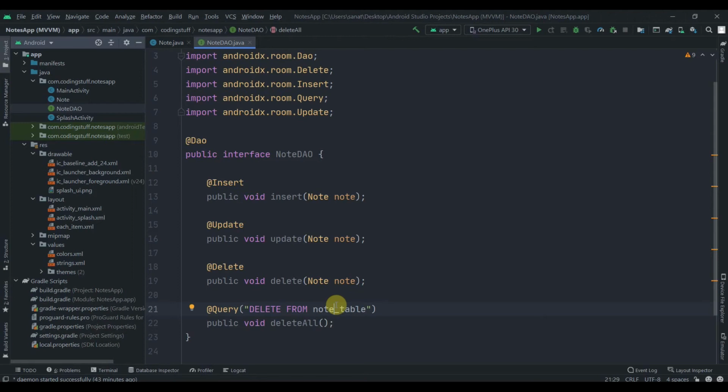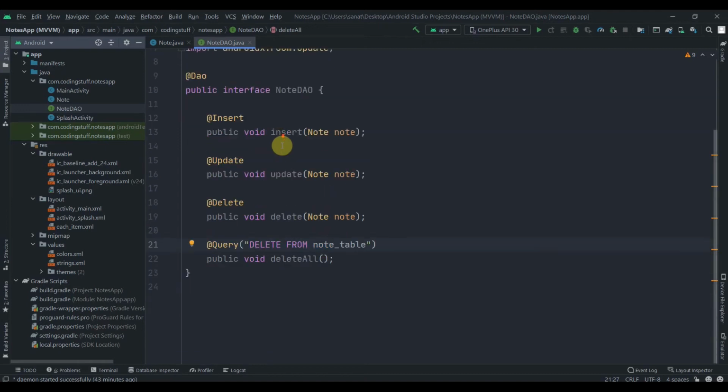Then we would get a crash as soon as we try to run a DB operation that contains any typo error. So that is one of the benefits of our Room persistence library as well. So now we'll create another method to get all the data, and unfortunately we don't have an annotation for that,